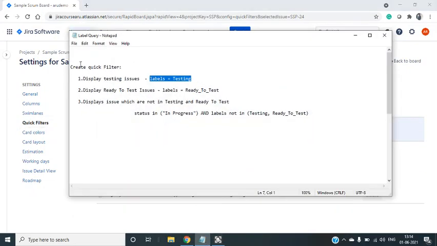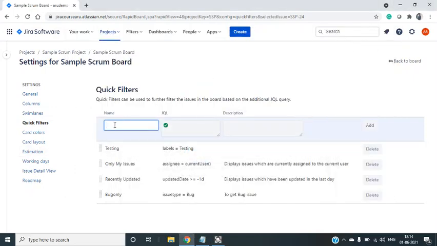Second one we want to create is ready to test, correct? Ready to test, add.